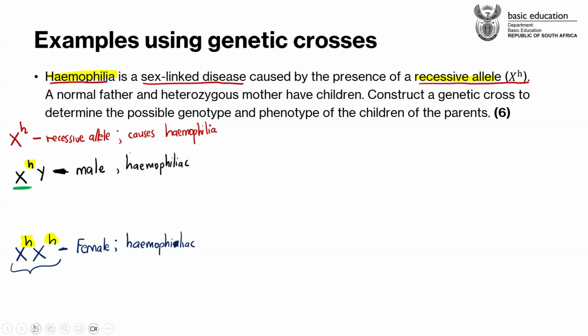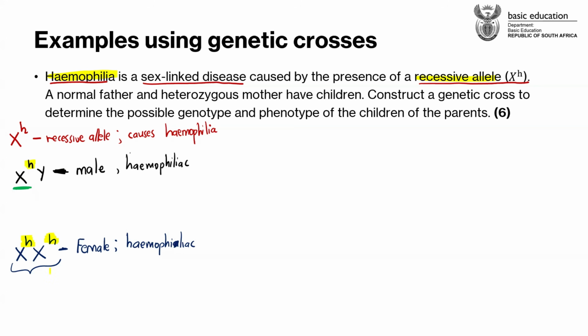Yes, exactly. We need to get there. Recessive is recessive, the recessive that we've been talking about since we started with genetics. A recessive allele means that it is recessive to a dominant allele. So whenever we have a recessive allele, it means that we must have a dominant allele. If we have a dominant allele, the dominant allele is the one that will be shown in the phenotype, okay?